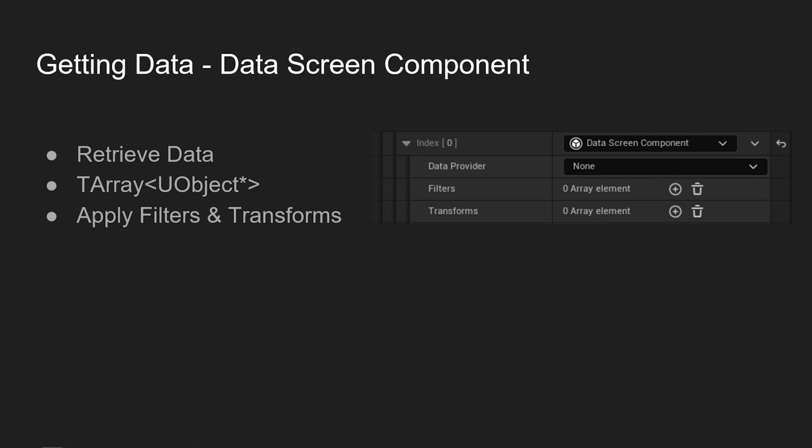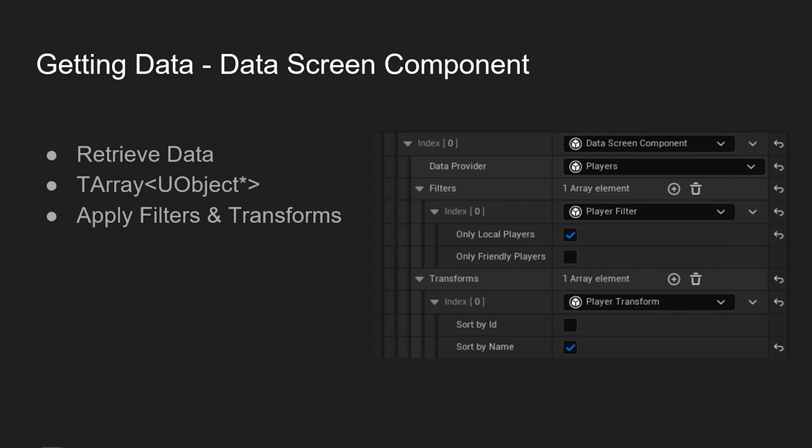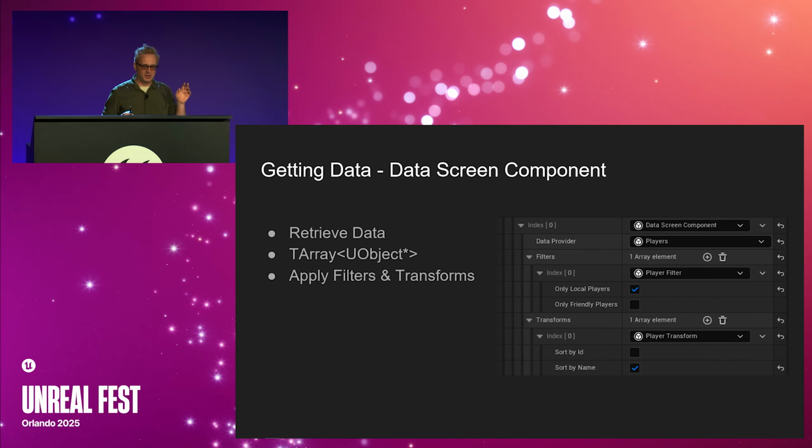Then we have optional filters and transforms. And when you fill everything out, it looks like that. The filters do what you think. Transforms are things like I need to sort the data in a certain way. The reason why we broke it down like this is because once you've implemented a data provider, like here the players, it's then a lot less work to go in and add a filter or a transform to